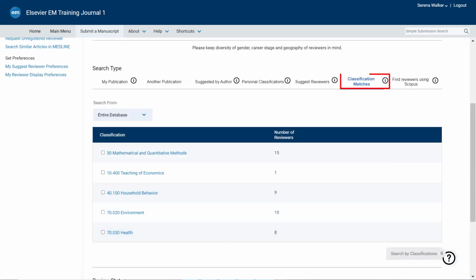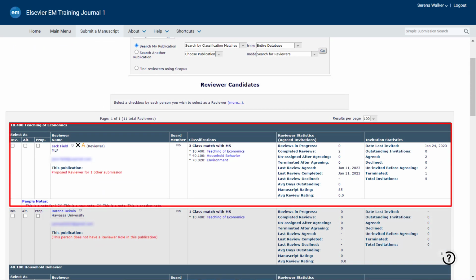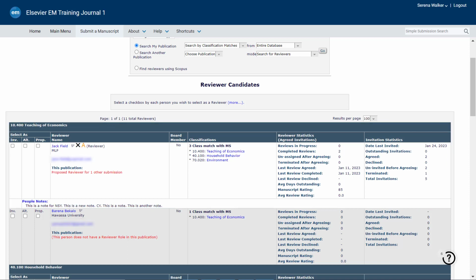Classification matches searches for users from the entire database who have personal classifications matching the classifications you have selected from the topics the author submitted with the manuscript. Once you select the classifications, click on Search by Classifications. The results will show each classification as well as the number of reviewers in the entire database that have personal classifications matching each term.